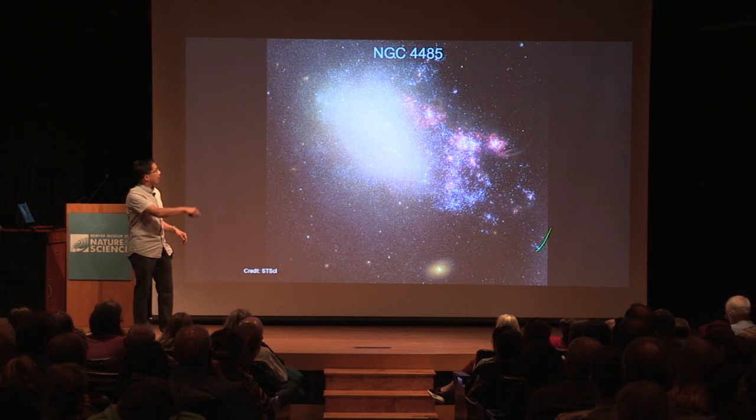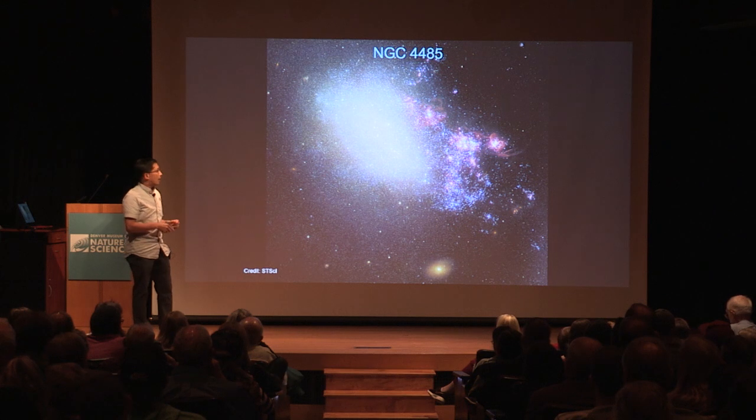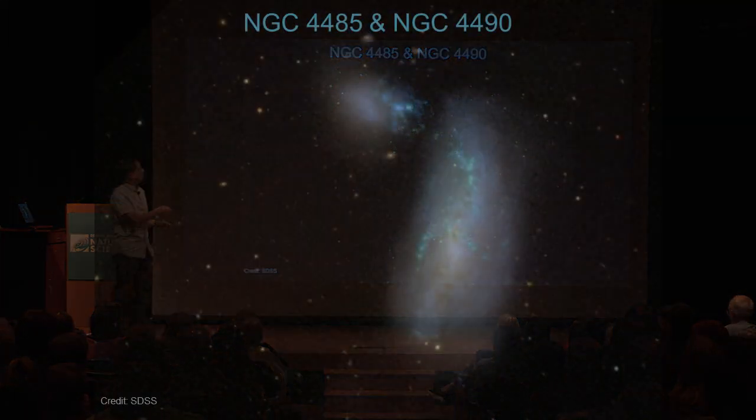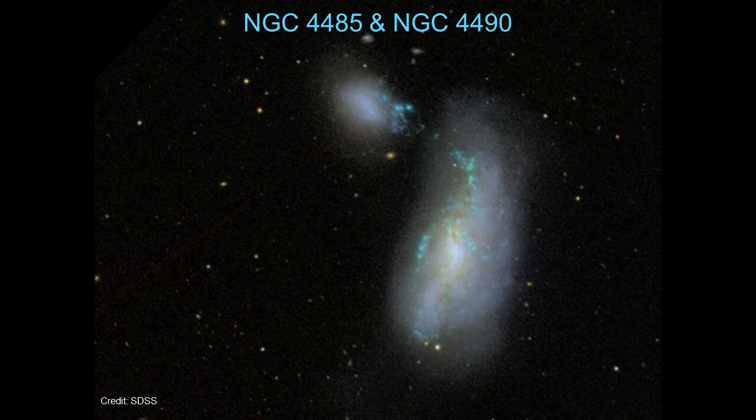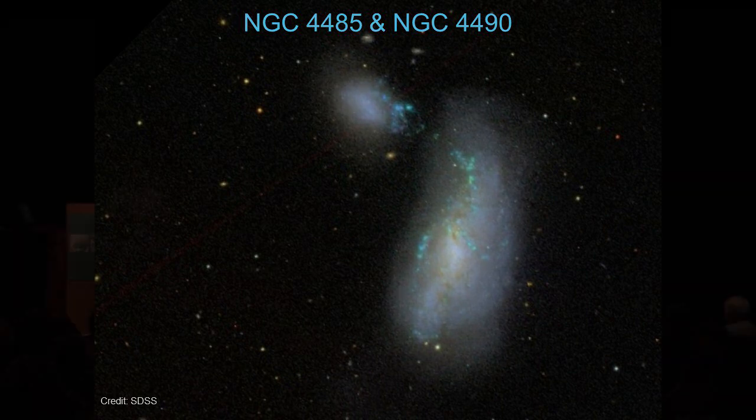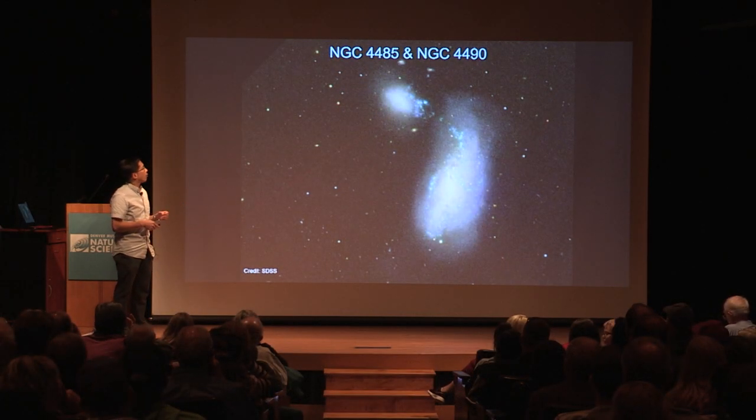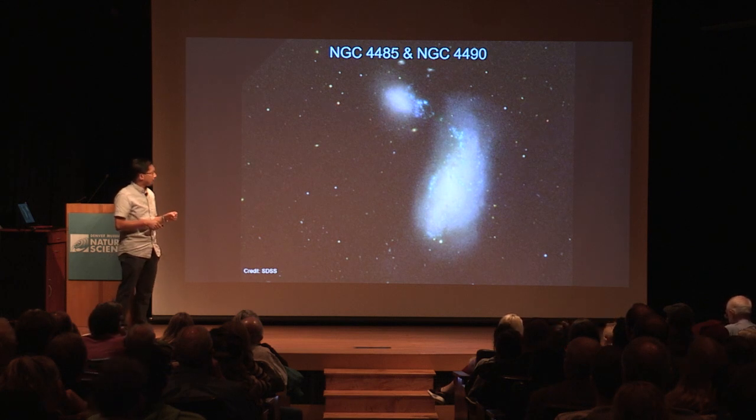So this stuff that we're seeing here is due to this galaxy interacting with another galaxy, and in this case 4485 is interacting with this much larger galaxy 4490, and this galaxy is thought to be about 4 times the mass of 4485,